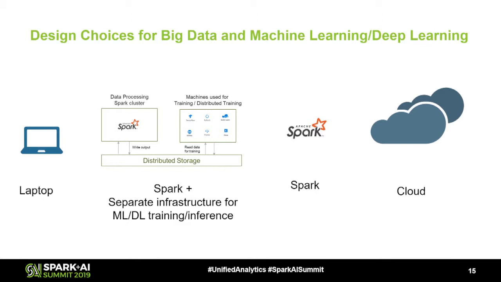And then finally, this data or these results get written back to some distributed storage, right? And then you start your machine learning and deep learning job on it. And therefore, you will see a lot of conversations around, well, let's do data preparation in Spark, but let's do machine learning as well as deep learning on some different infrastructure, right? Where it's unified by having the same storage, and you could access it in an efficient way. Or you could do all of this in a Spark cluster.